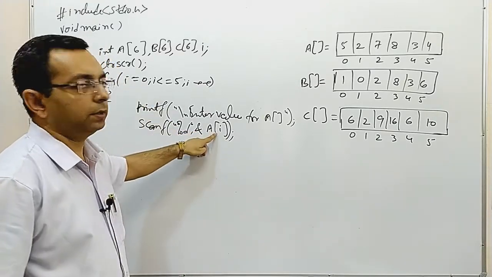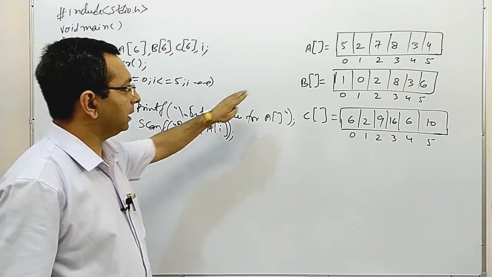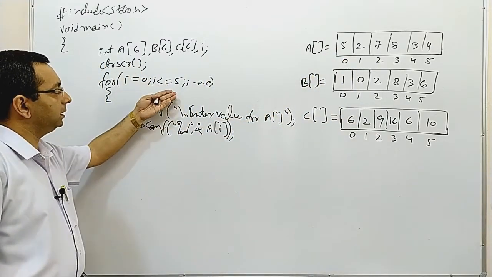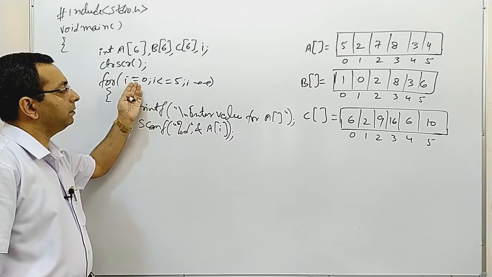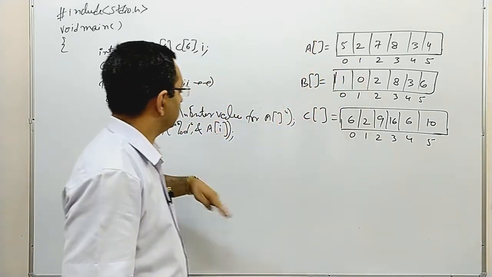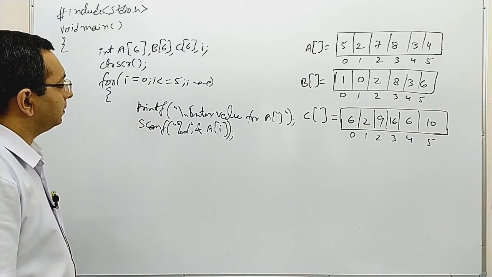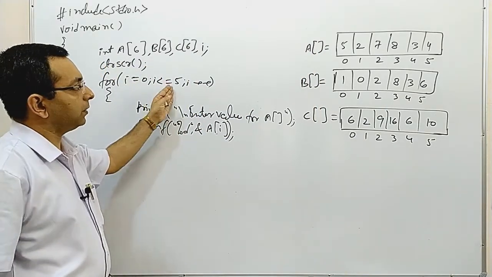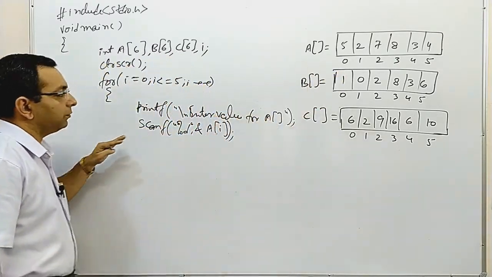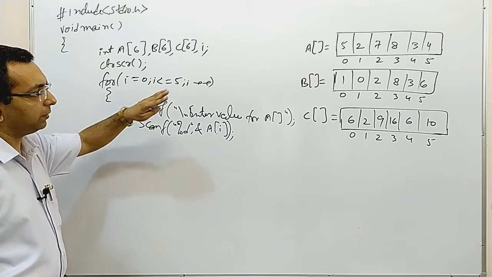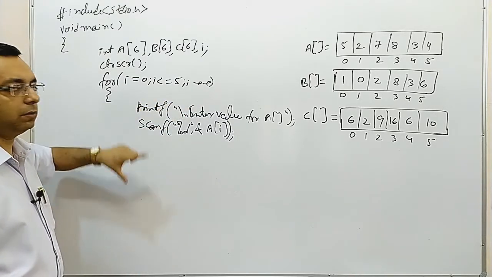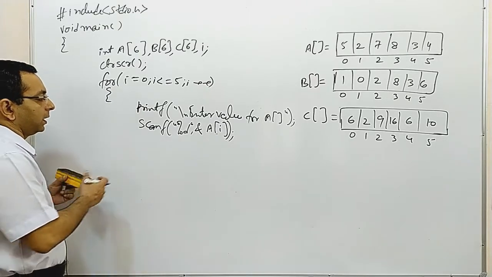I will be 0, so at the 0th position the value will be stored. It may be 5 or any other number. Then the iteration will be incremented, and I will be 1. And at position 1, it will again store any number, maybe 2 or any other number. So it will go from 0 to 5, and we will be storing all these numbers. What we can do is store the values of the B array in the same loop, so that the lines of the program will be fewer.